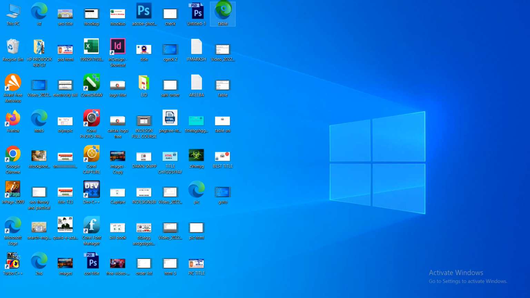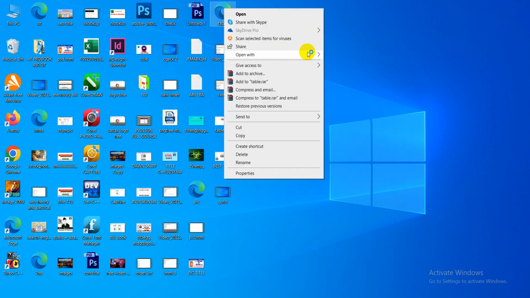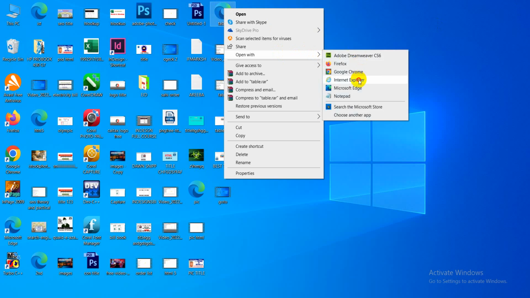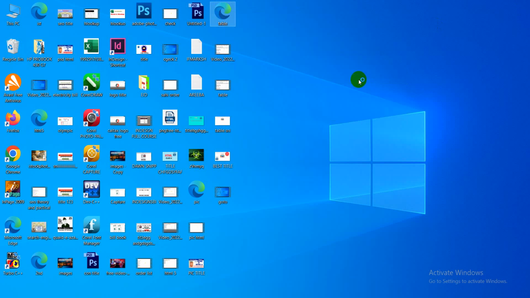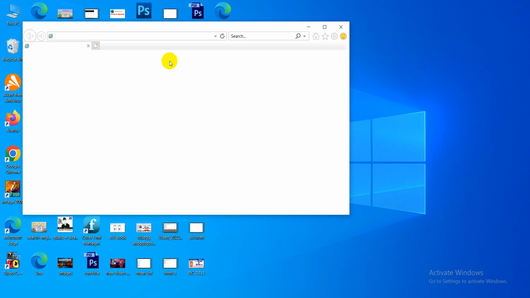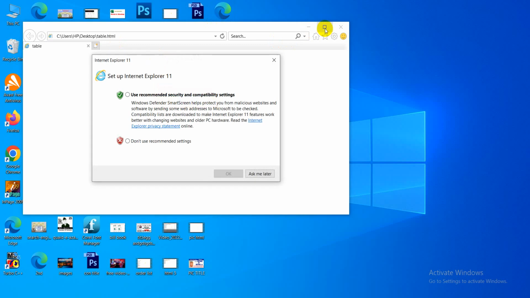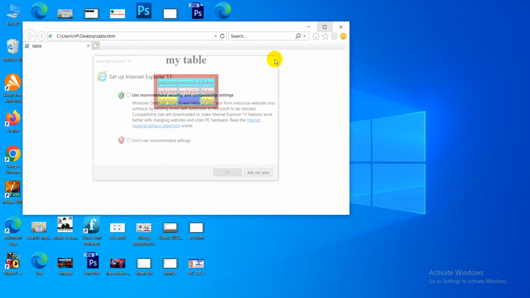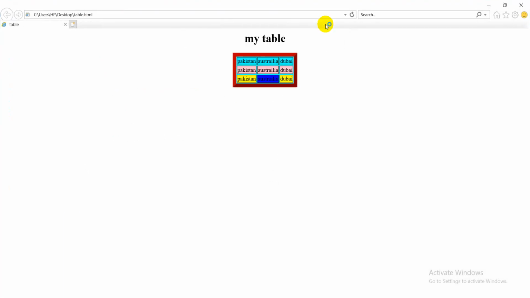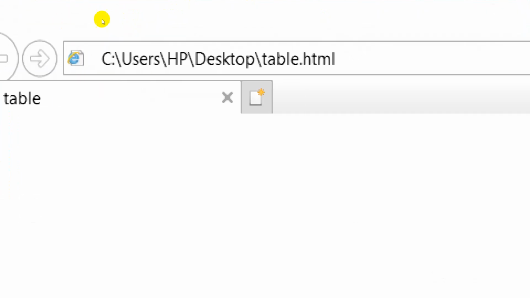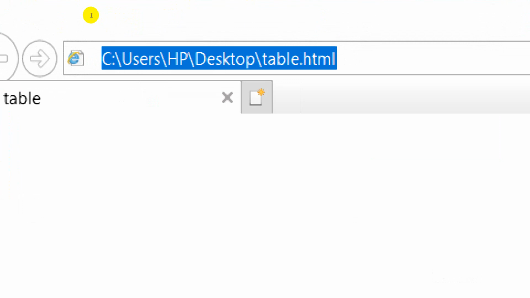and open with Internet Explorer. Then you will copy this address: select, Control C, copy,